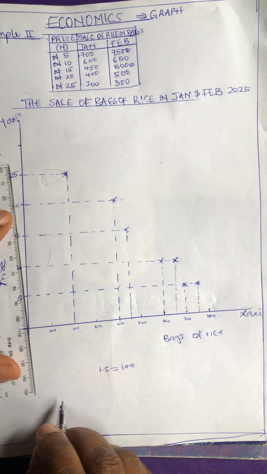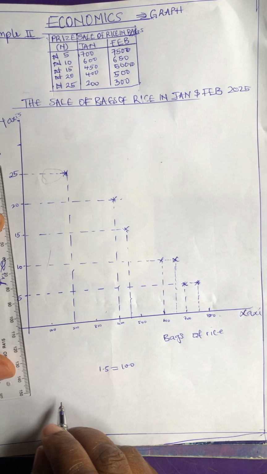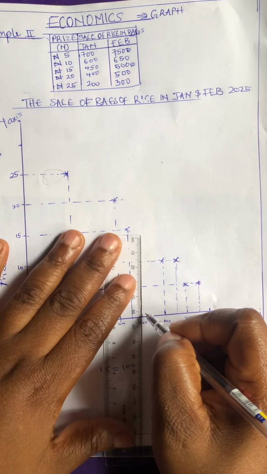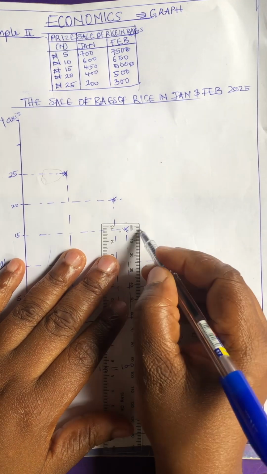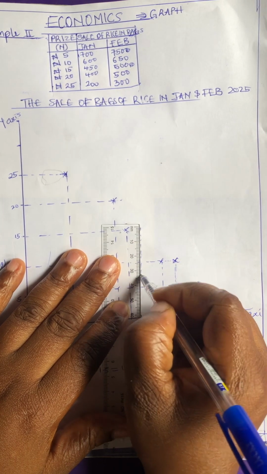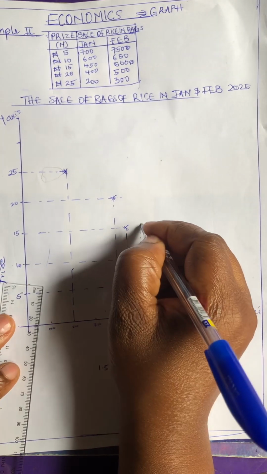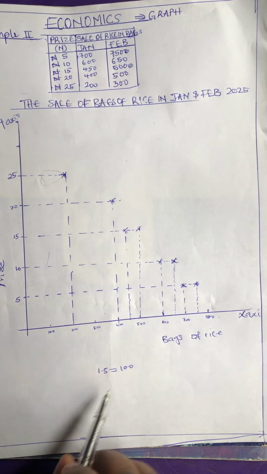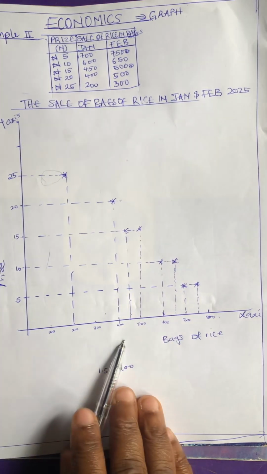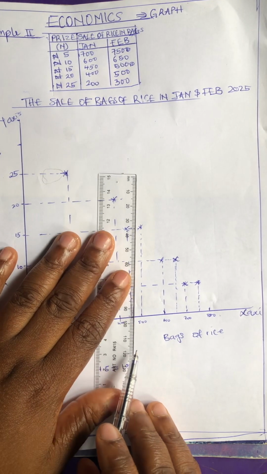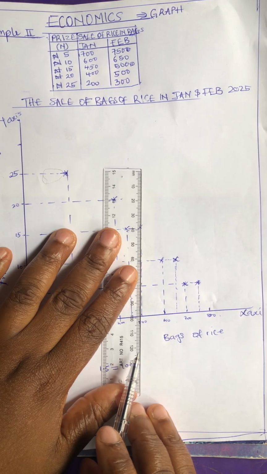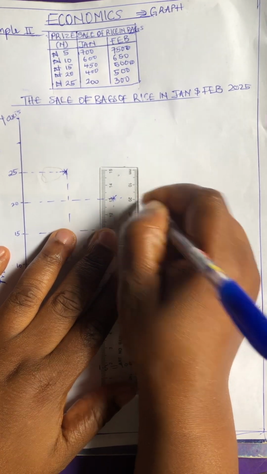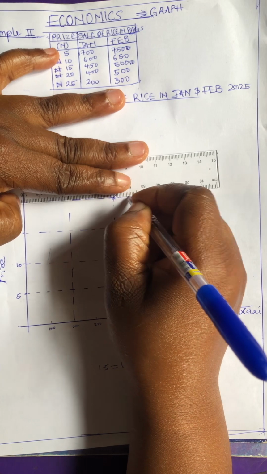All right, so the next is what? At 15 naira it was 500. Where's our 500? This is our 500. All right, use your ruler and connect the dots. This is another one. Connect. That is it. Then at 20 naira, the same 500 bags were sold. So you're just going to look for 20. Just continue there. Take up the lines, connect, and